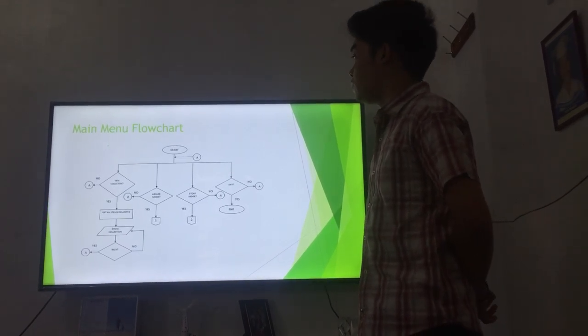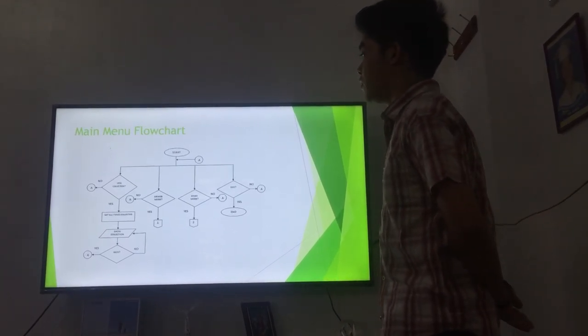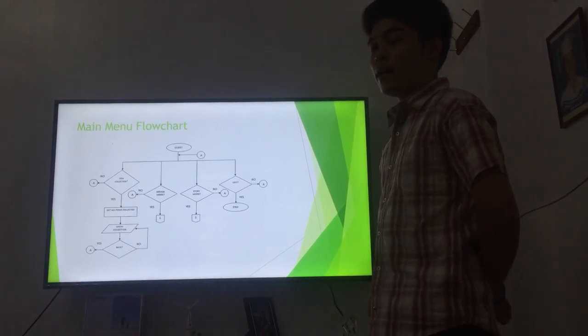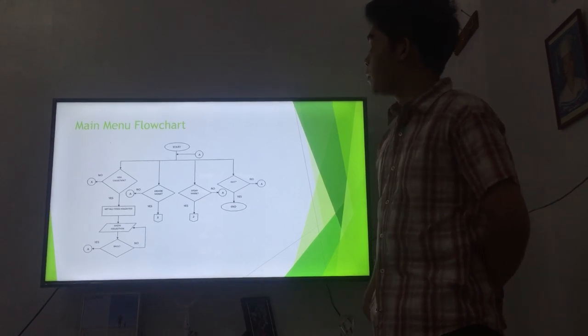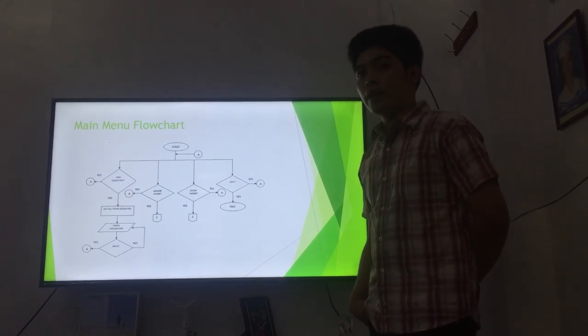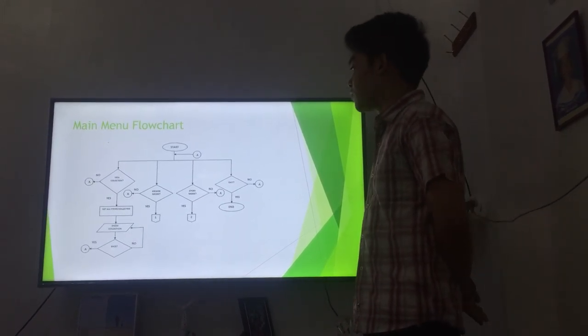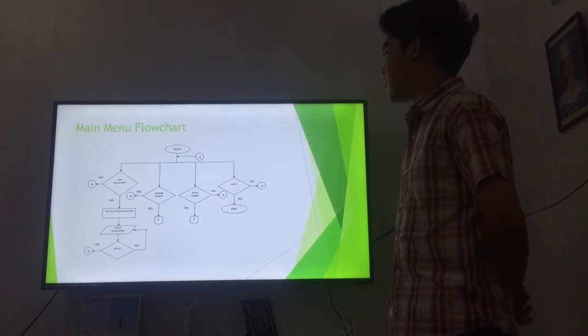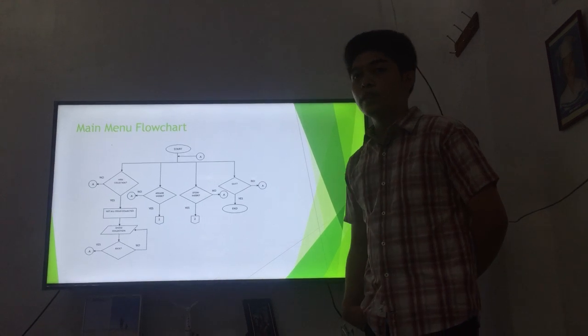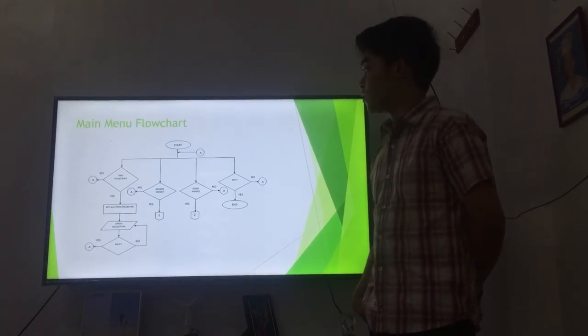If the player wants to play the arcade mode, he just needs to tap the arcade button. Same as in the story mode, if the player wants to play the story mode, the player needs to tap on the story button. Then if the player wants to close the game, he just needs to tap on the exit button.